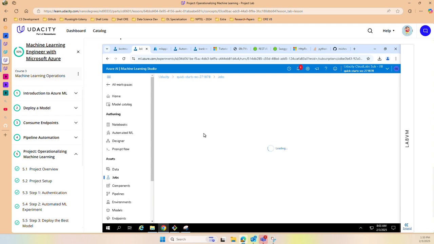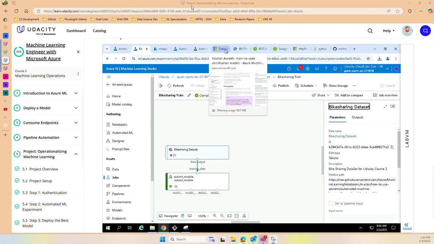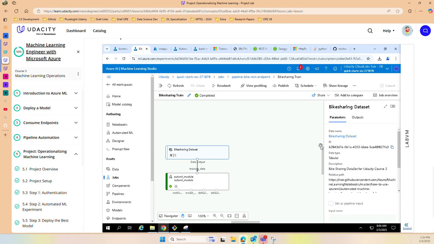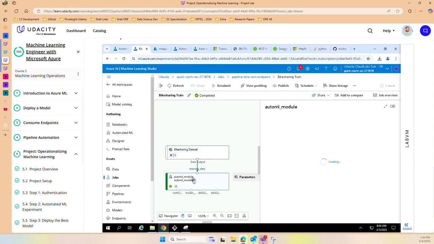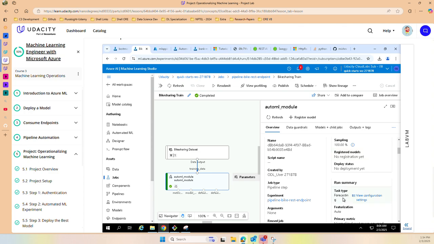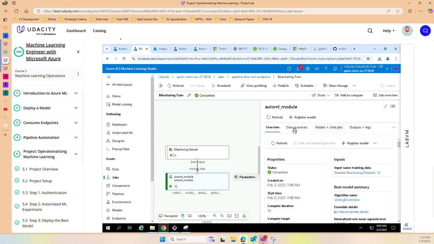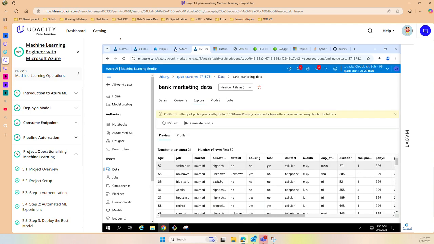It's part of the same. It will take me to the same screen, so you can see the bike sharing train profiling and everything is there. If I click on bike sharing data, you can see the bike sharing data has also come, with the relative path and all those things. If I click on the auto ML module as well, you can see the status is completed, and what the best model is that got created. As part of that too, we have it deployed and all sorts of things, models and child models and everything. So if we go to the notebook,